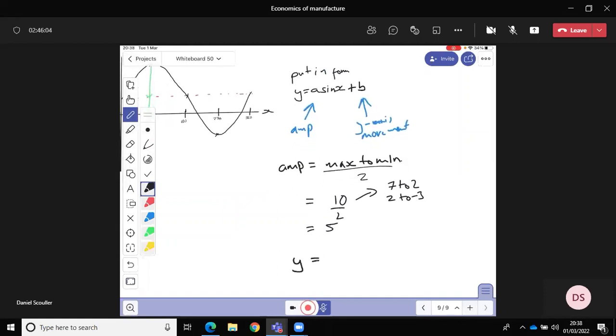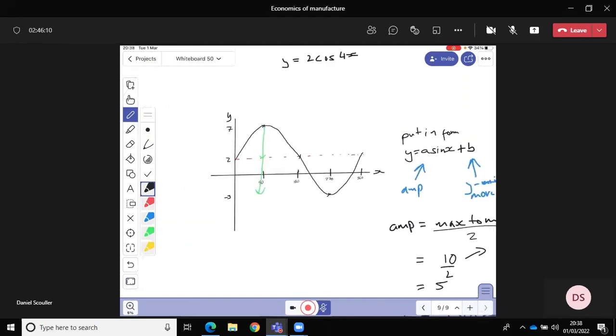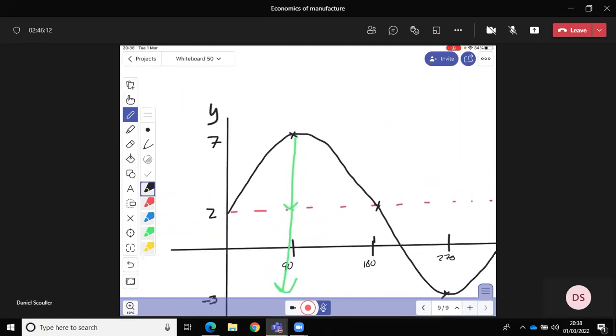So y is going to be 5 sine x. And then what have we done at each milestone? Well, we know it usually starts at 0, but in this case it starts at 2. So we've moved that milestone up to,